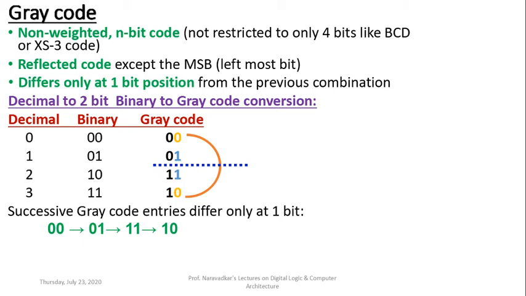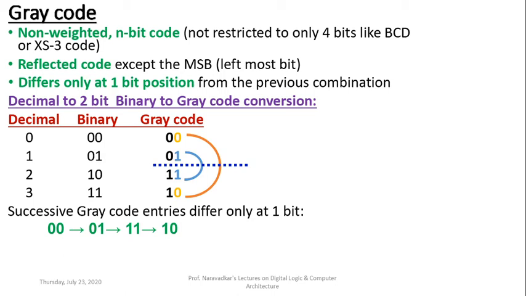Above that plane of reflection, that yellow 0 is far away. So far away in that reflected image as well, that 0 is observed. Similarly for blue, near to that plane of reflection 1 is present, so 1 is available even in that reflected image. So it is a reflected code. The only thing is that above that plane of reflection, the MSB, meaning the leftmost bit, is 0, and below that the MSB bit is equal to 1.